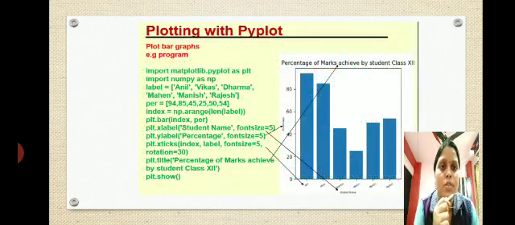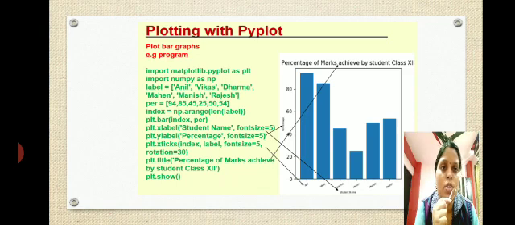Now let me show you plotting with pyplot. Initially this example will seem very clumsy because we have just started, but if you understand it, it is very easy to draw graphs in Python. First of all, as we write import pandas as pd, similarly we have to write import matplotlib.pyplot as plt. The name of the library is matplotlib.pyplot, and you can give it any name, as plt or as p. The second line is import numpy as np.